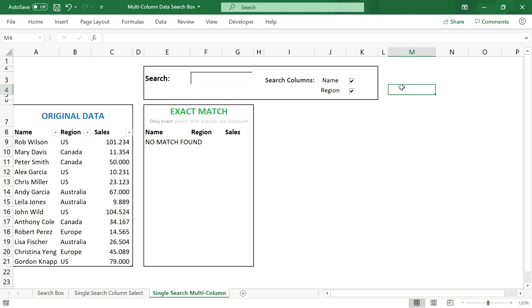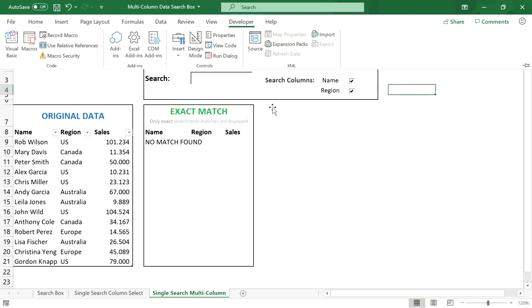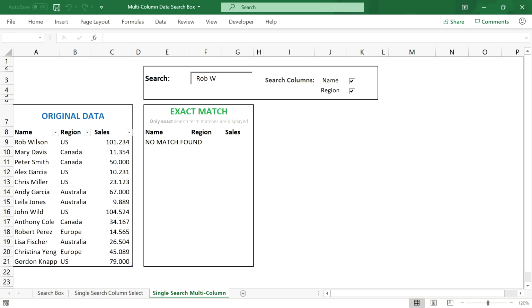Let's leave the design mode again and test if everything works fine. Currently, the name column is active. Now it's inactive. Works pretty good. And the region column can be included and excluded just as well. Beautiful! Transferring this now to the other two search modes only takes a small effort, since most of the work